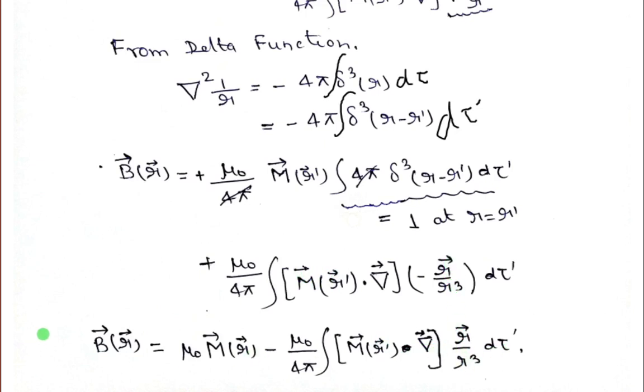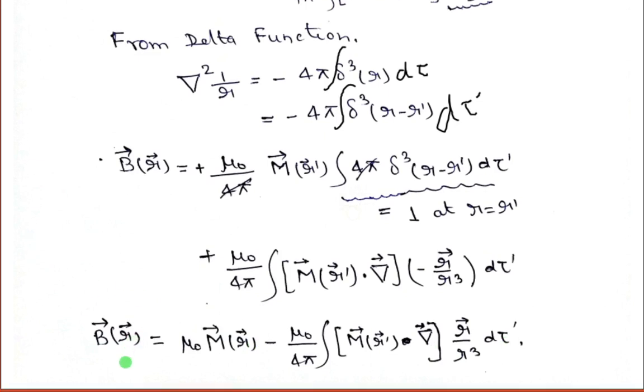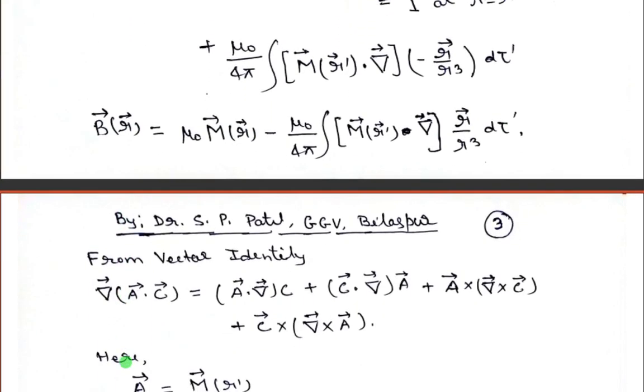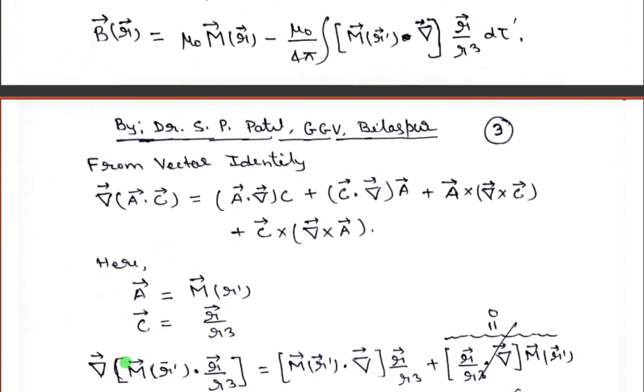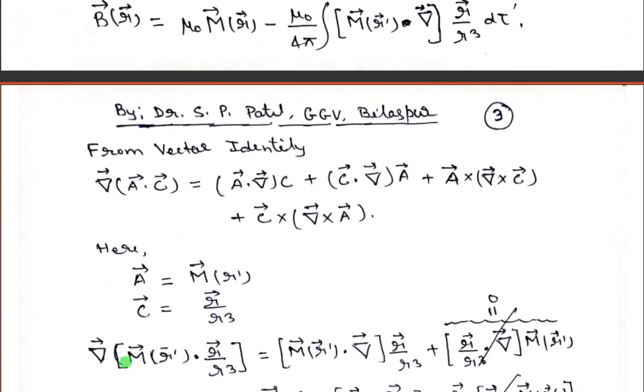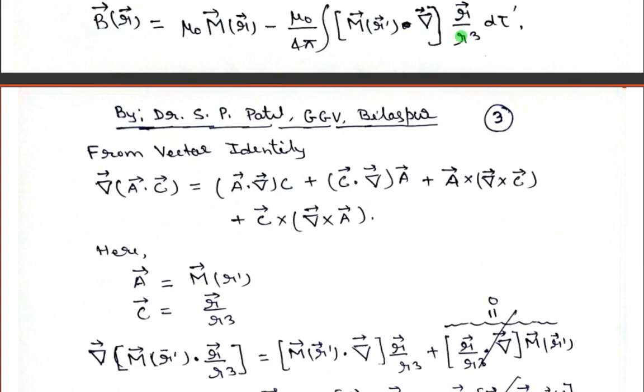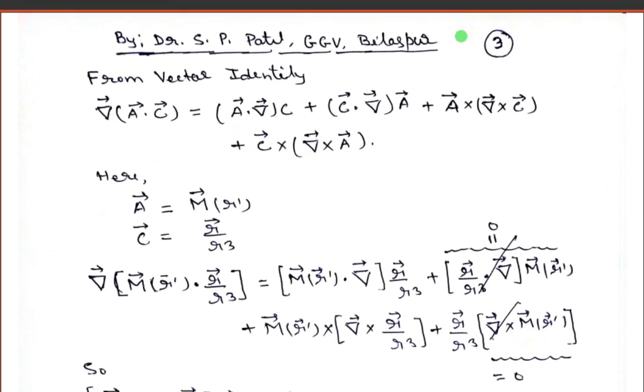So this is the magnetic field we have obtained inside a material. That is a microscopic phenomenon. Now again I will use one more vector identity. Here, if you see, we have a vector and a del operator, and again multiplied by a vector. So if you choose the vector identity,